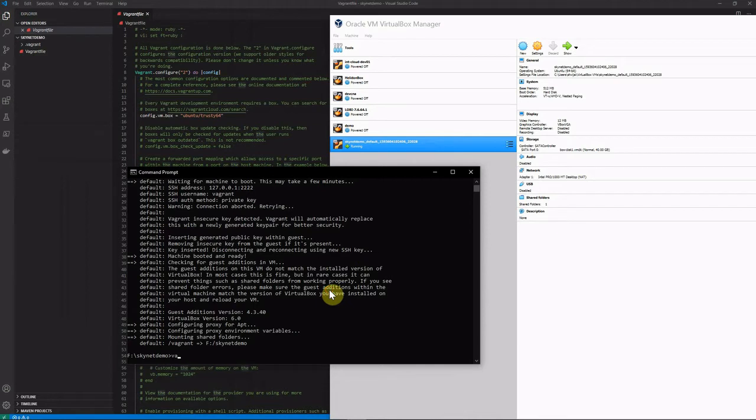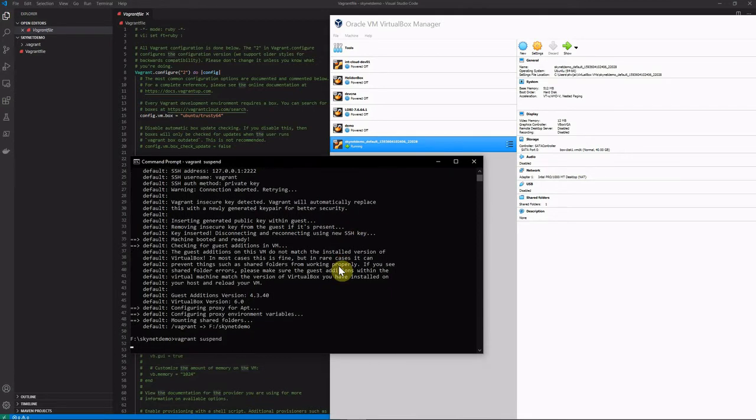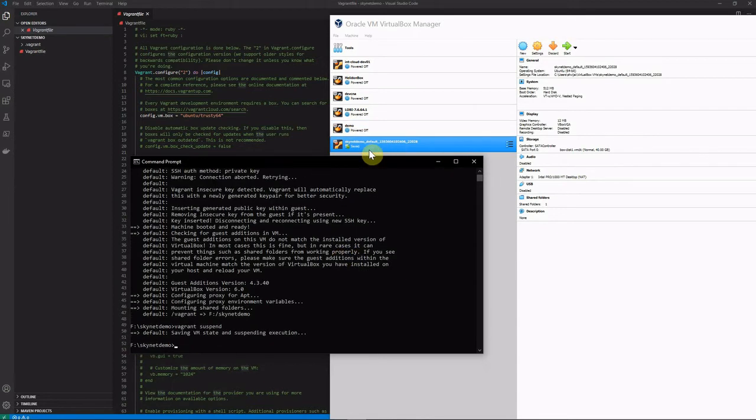Before doing that, I would like to show you one command, vagrant suspend. Basically what it's doing is it will save the current state of the VM. See, it changed the status. And you can see the system configuration for the default VM is 512 MB. So what we can do is try increasing the memory and CPU.